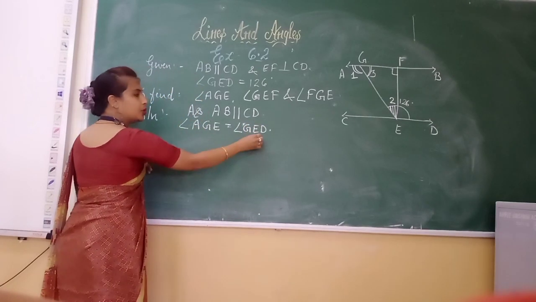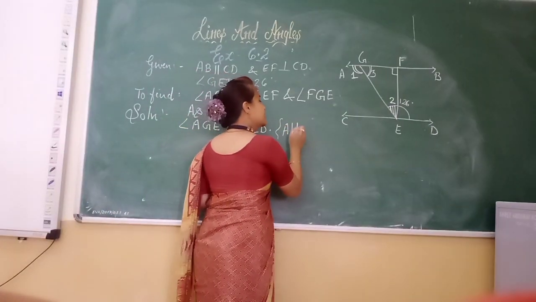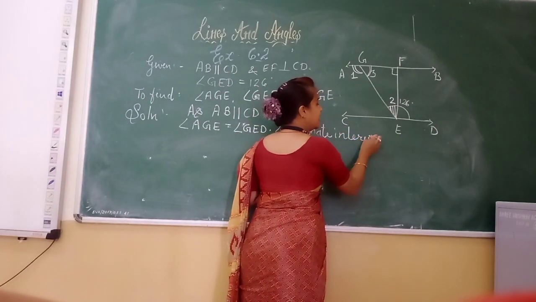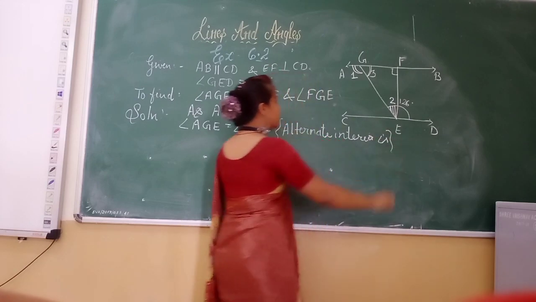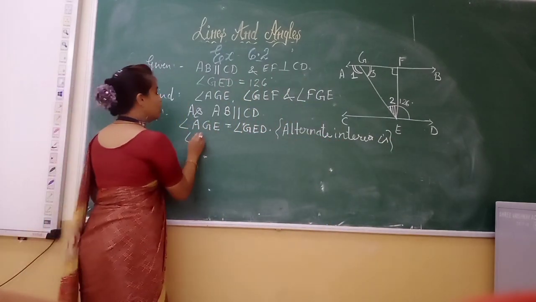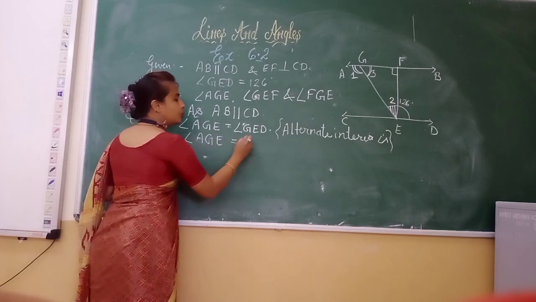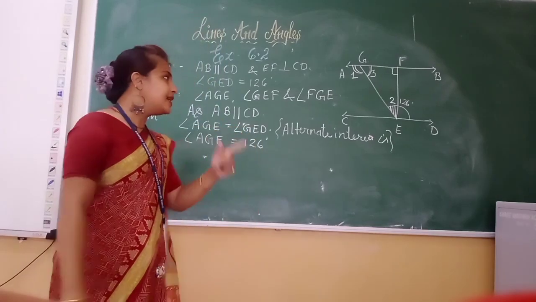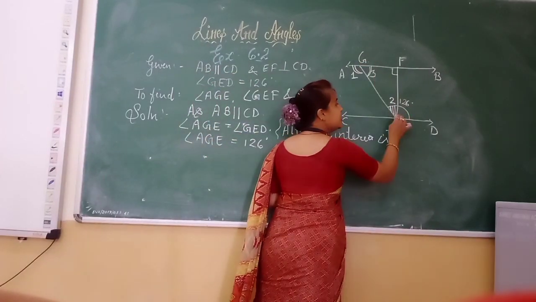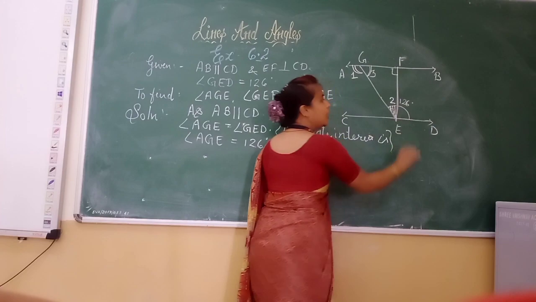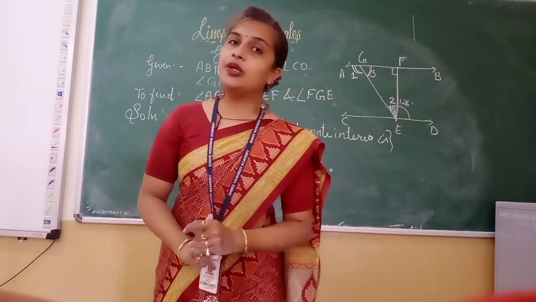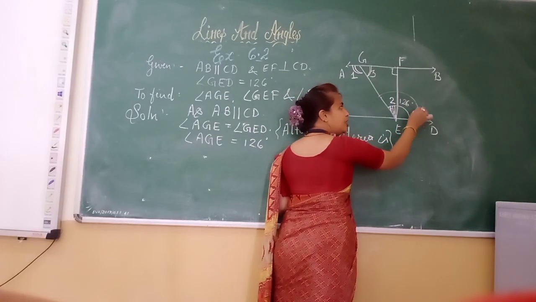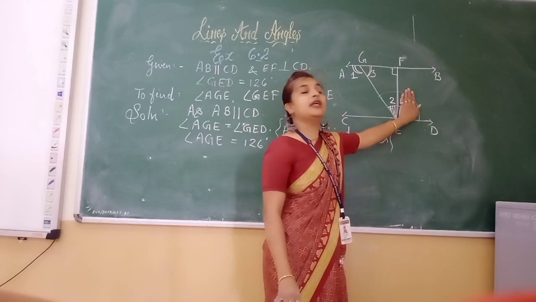और क्योंकि ये दोनों इक्वल हैं, because it is alternate interior angles, therefore AGE will also be equal to कितना, जल्दी बोलो, 126 degree. Then next one, second part, GEF. This GEF we have to find. ये GEF कैसे फाइंड होगा? बिल्कुल सही बात, इस GEF को फाइंड करने के लिए 126 में से हम इस पार्ट को माइनस कर देंगे.